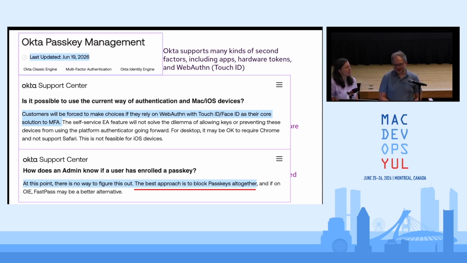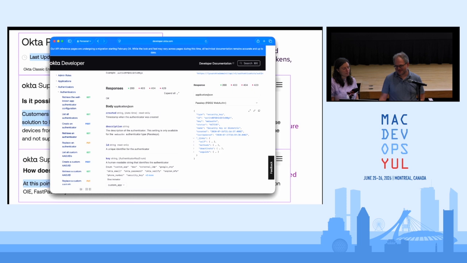And there's no way for an admin to know if a user has enrolled a passkey. This is what the docs say, right? Yeah, it's right on top. This is not some document that was last updated 5 years ago. It clearly says Okta Identity Engine at the top here. So this is correct, right? But it's not correct at all, because in the API, you can, and you have been able to for quite some time,